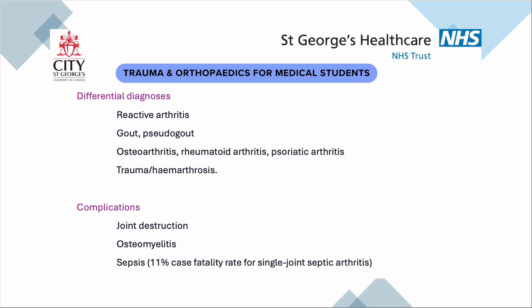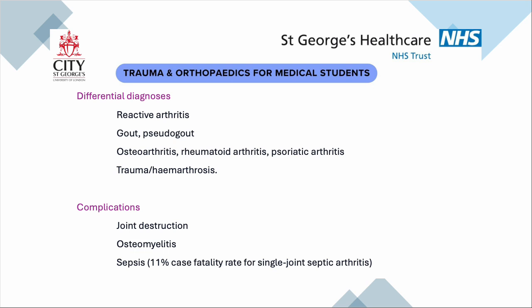We've alluded to the differential diagnosis, and you could probably work this out. A reactive arthritis, very common in children. Think about gout, pseudogout, all the arthritides, because they will all give you exactly the same clinical picture. And one would hope that you'd pick up on trauma and that sort of thing as part of your history taking. And the reason that we get excited about this, and it is an orthopaedic emergency, is because very rapidly